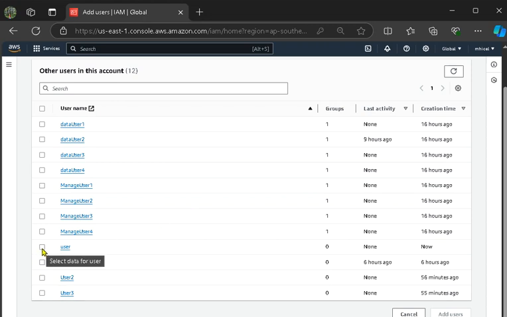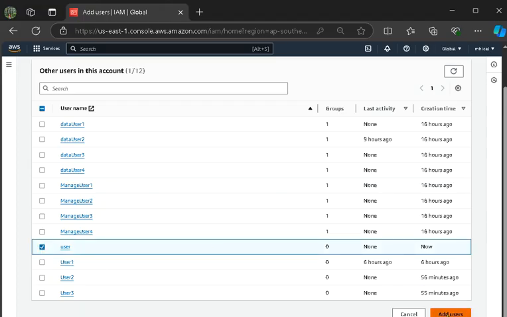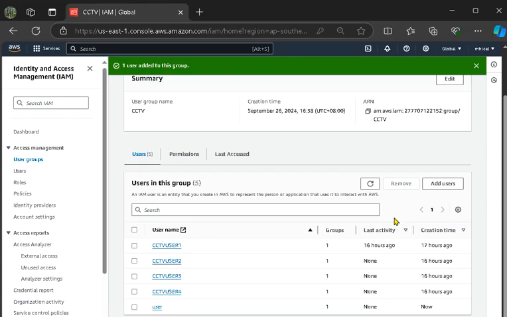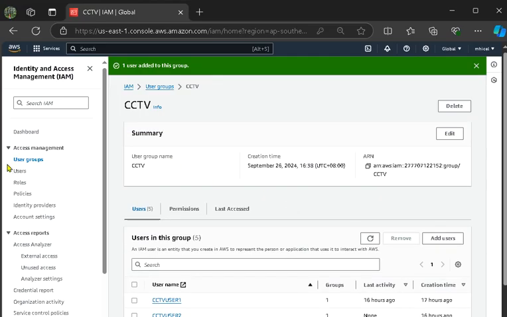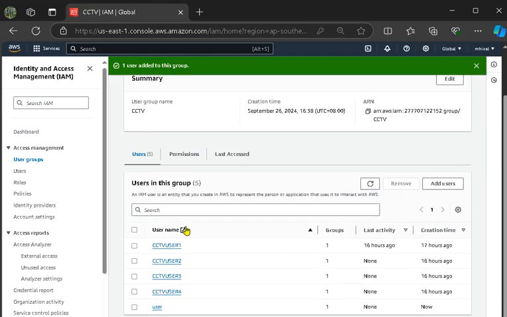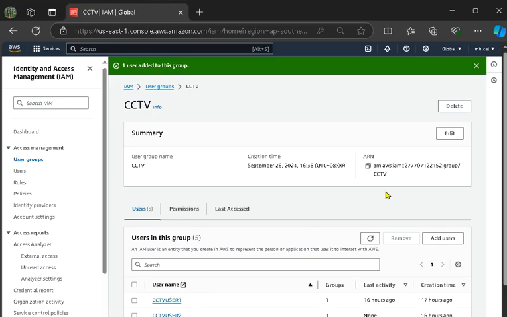Let me give an example to add this user. As you can see here, I add the user, and that's how I add a user to the user group. The same thing I did on the other user groups.